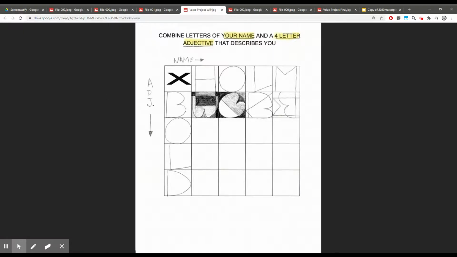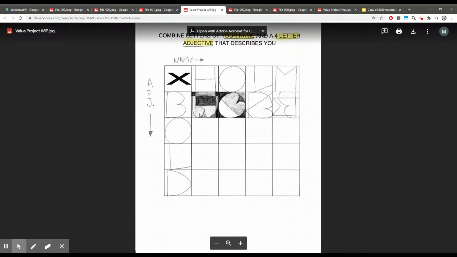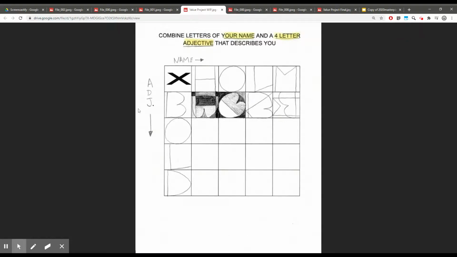And then I went ahead and I colored in with my pencil. I just had a normal pencil, and I did different values in each of these shapes. We don't want to have the same value next to each other in the same box. Otherwise, they're going to start blending together. So make sure as you're laying down your values in each of these spaces that they're unique from its adjacent